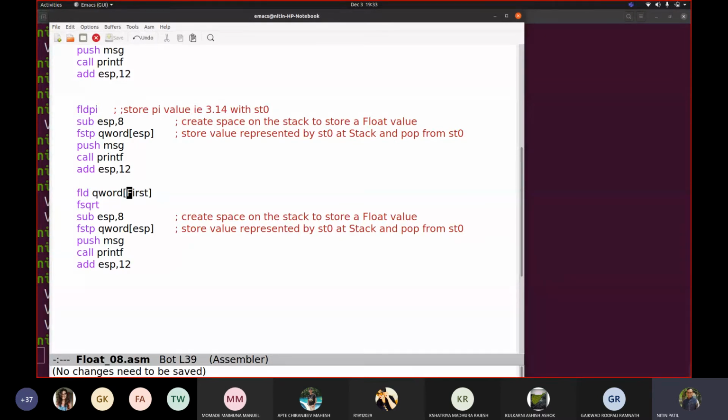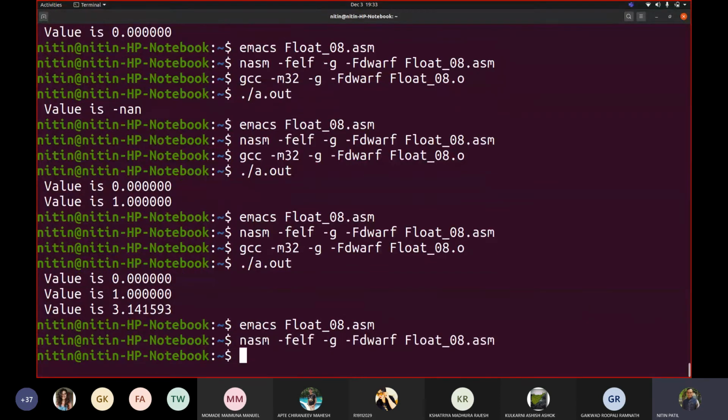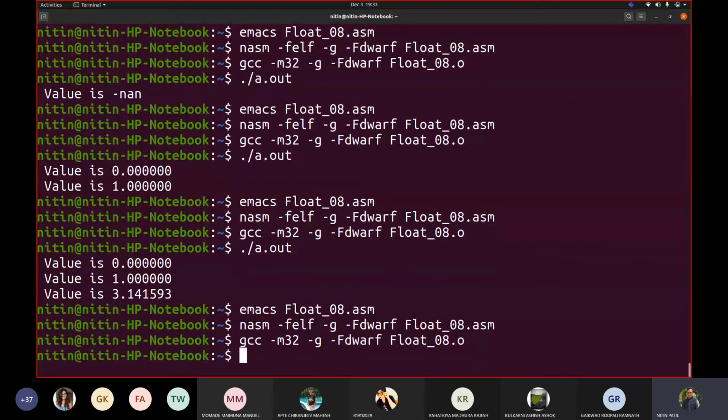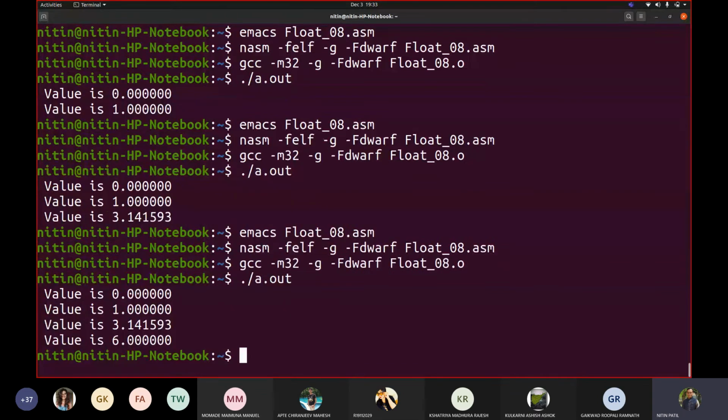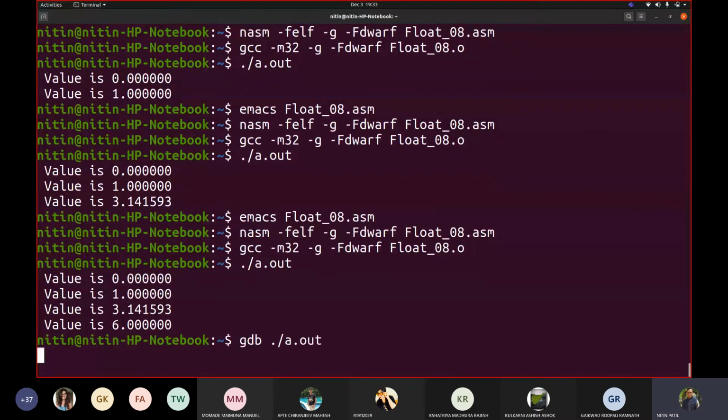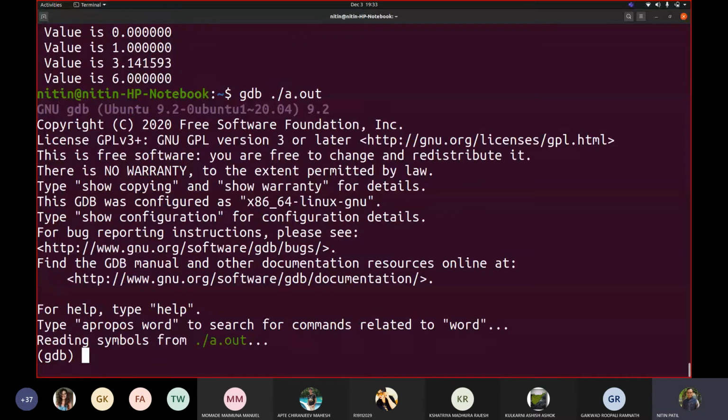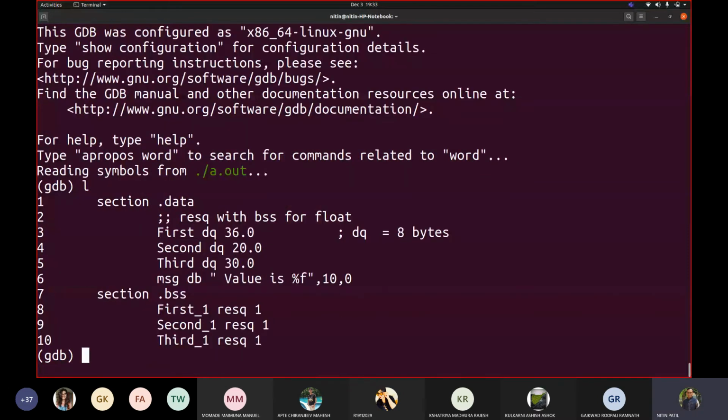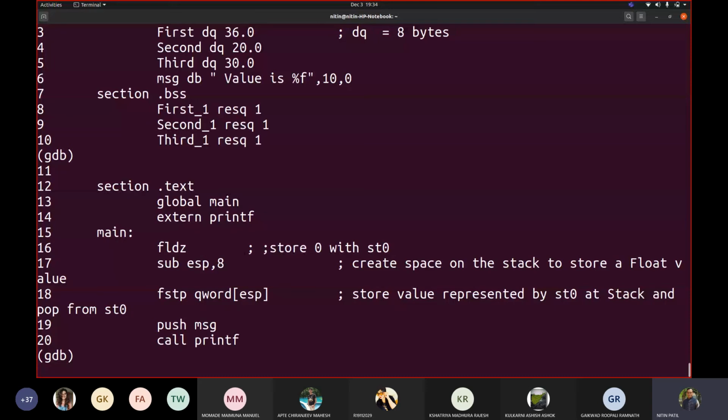So when you work with this, let us see NASM GCC. Now let me show you through the debugger what happens. Fine, so we'll put breakpoints.